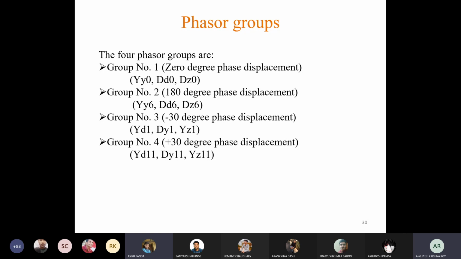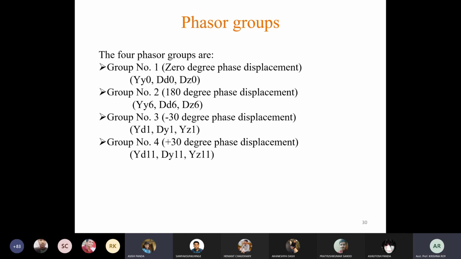Okay, so 0 degree phase displacement means the phase angle between corresponding line EMFs is 0. So if we consider VAB, capital V AB for high voltage side, then the